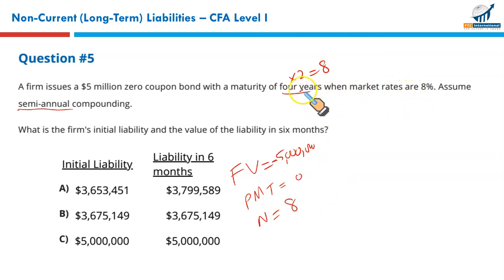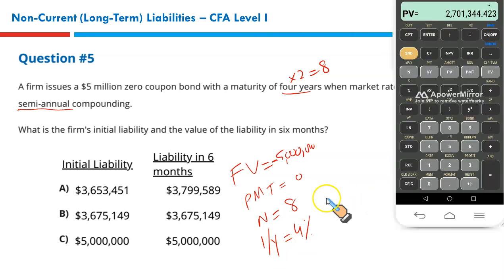What about the interest rate? Since payments have been doubled for 4 years, because there's semi-annual, 8 semi-annual periods, so you must divide the interest with 2 as well, so as to give you I/Y to be 4%. Right. You have what you needed. You have future value, that is the par at redemption. You have the interest payments. You have the number of periods, and you have the interest rate. Just you need to plug in the numbers, and you'll get your answer. So starting first with the number of periods, 8. You can start anywhere. Interest rate 4%.